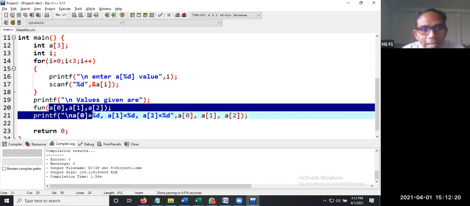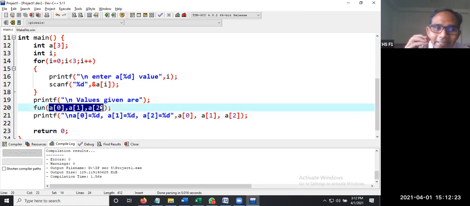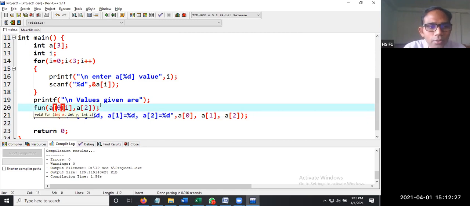Instead of passing the value, if you pass the address, what do you mean by address? Here instead of writing A of 0, we can write the base address as A or ampersand of A of 0. Both are same. So either you can write ampersand of A of 0 or you can write simply A. A means the starting address of an array, one-dimensional array. So here you are passing the array. Then let us send the size also. An array will be having size.